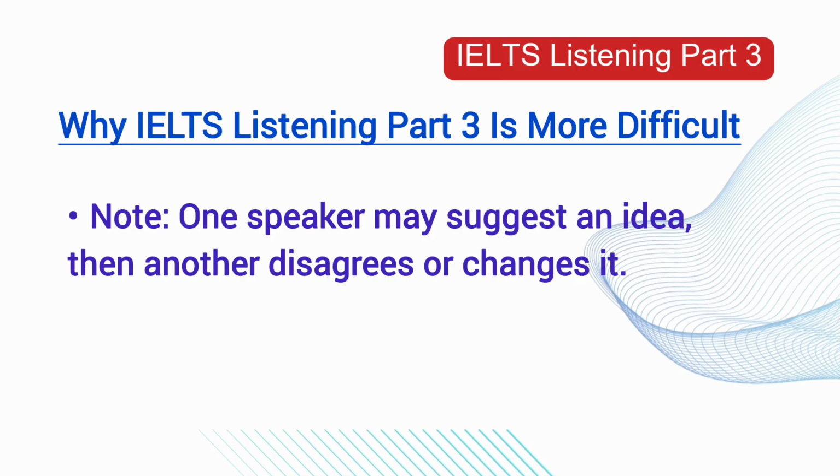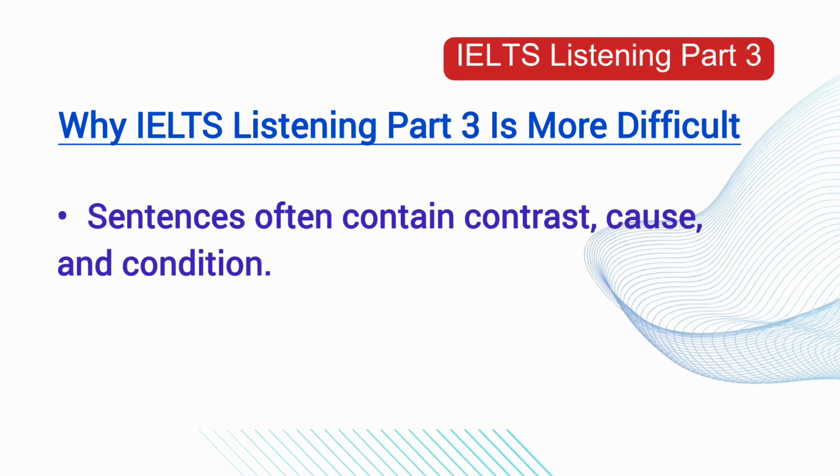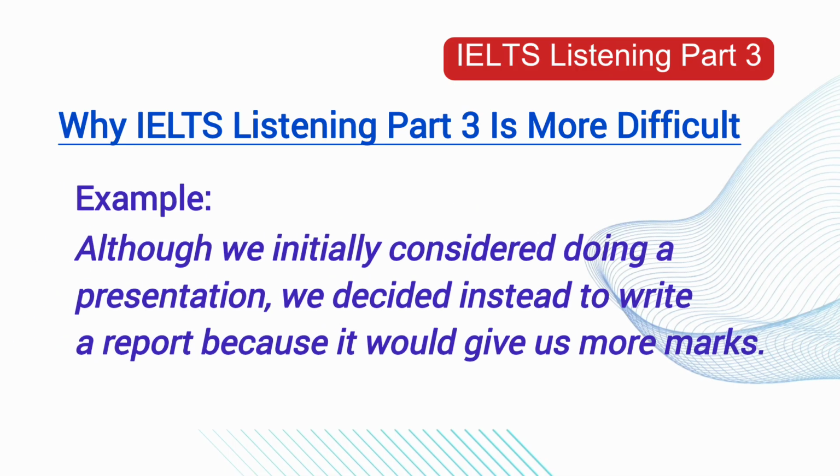The sentences often contain contrast, cause, and condition. For example, although we initially considered doing a presentation, we decided instead to write a report because it would give us more marks. The key answer may be in the second half after a contrast word like although, or however,